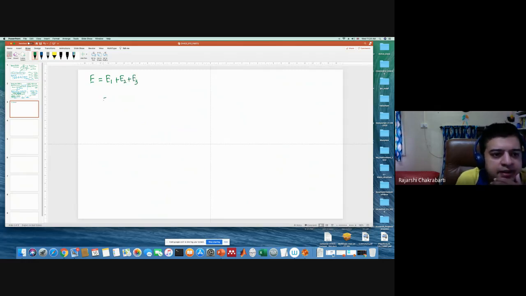And I can write it down. I'll have three quantum numbers, each along one axis. So I'll have something like n1 square h cross square pi square by 2m L1 square. That was the expression. If you check your particle in a box, then I'll have n2 square h cross square pi square by twice m L2 square plus